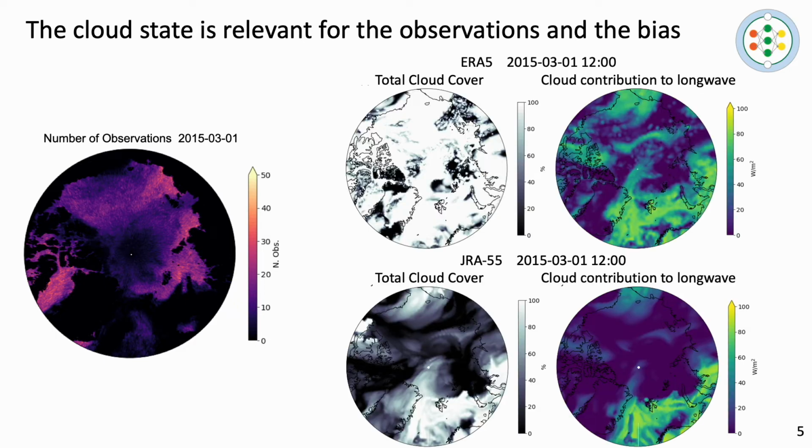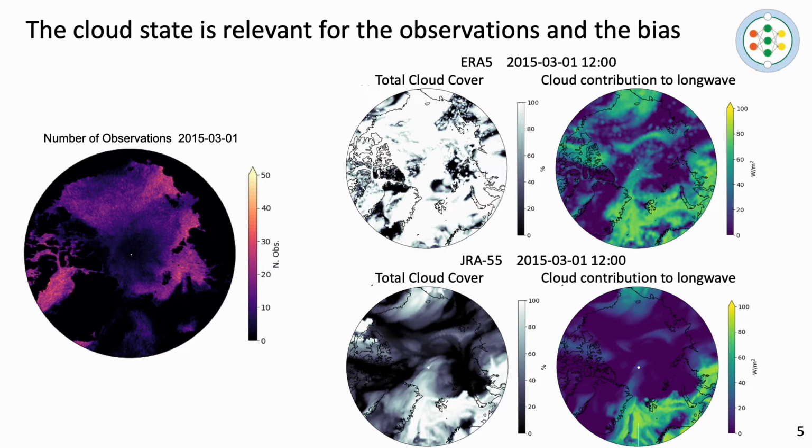So basically, we need to be able, from a reanalysis point of view, to identify clear sky regions from cloudy regions. And you can see from these examples that's not really an easy task. For example, in the case of ERA5, we of course have reanalysis total cloud cover, but this looks quite overestimated compared to what's suggested by the observations, but also, for example, from a comparison with GRA55. And that's why we decided instead to diagnose the cloud conditions from the long wave state.